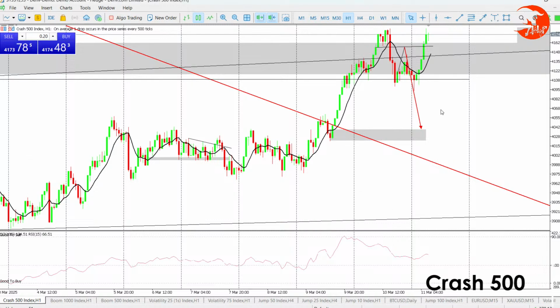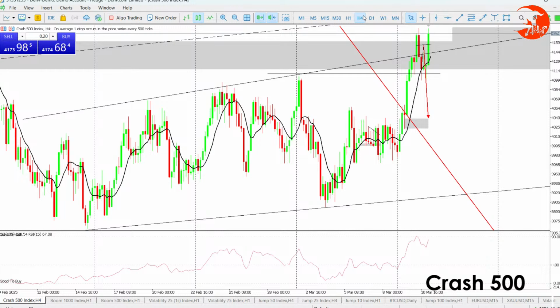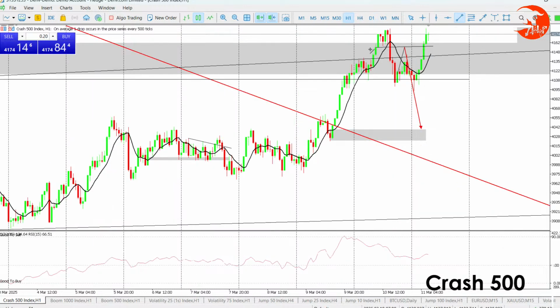Okay, Crash 500. We wanted it to at least come around this level so we can make our entries. On coming back, it actually went all the way back to that order block and that resistance level. So right now, it is a bit skeptical for anyone to enter. Why is it very hard for anyone to enter? It's because right here we saw the change of the break of structure. So for us to enter, having seen on H4 that we had a change of character, but then we went back all the way up there, we have